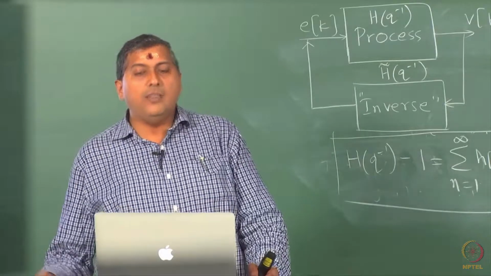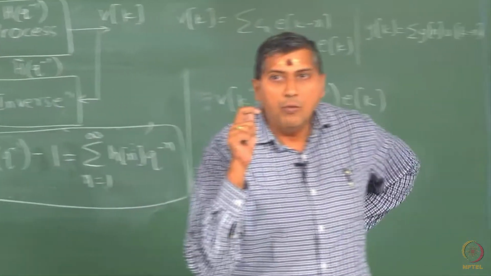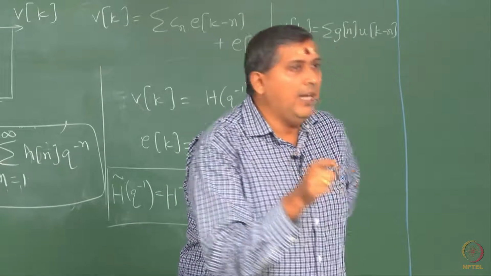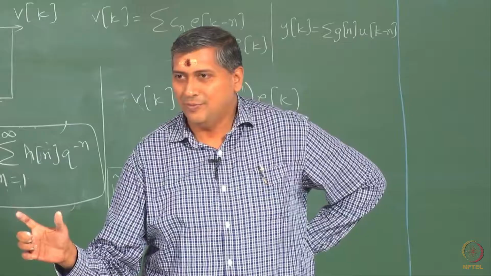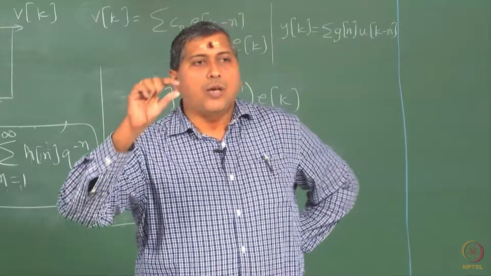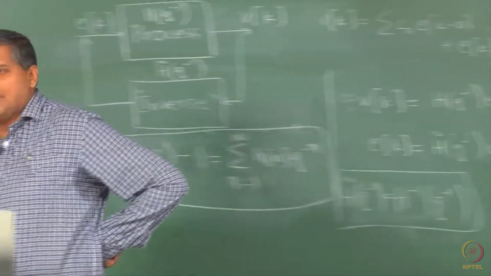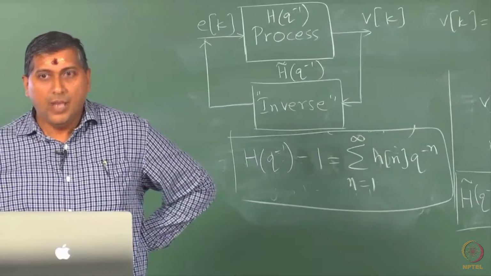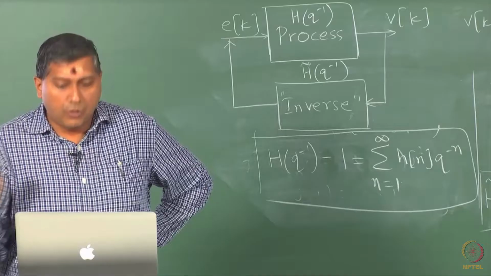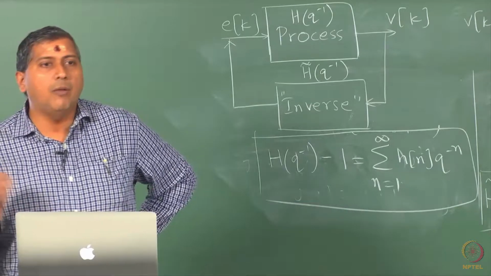Now, in place of Ek, so ultimately what do I want? I want a forecasting equation in terms of the model and in terms of the data that I have. This Ek is only an intermediary. So, I have to get rid of that Ek, and Ek is nothing but H inverse V, if it exists. So, now I make use of the properties of H and H inverse, and ultimately what is the expression that I get?